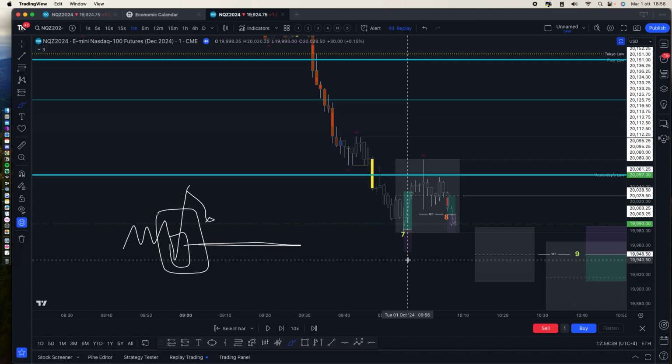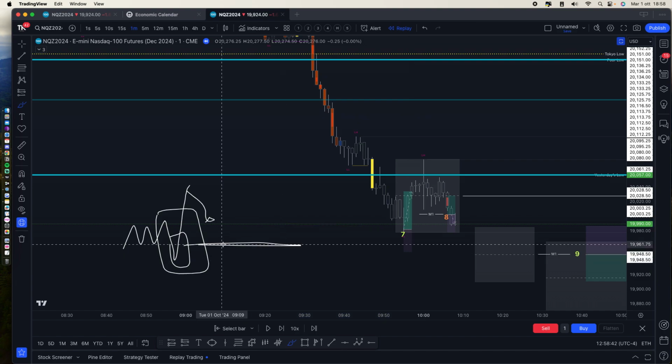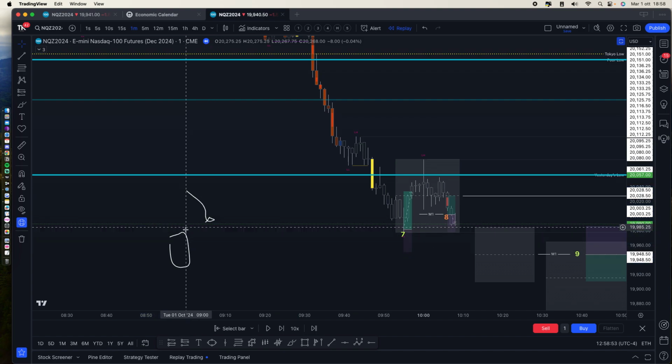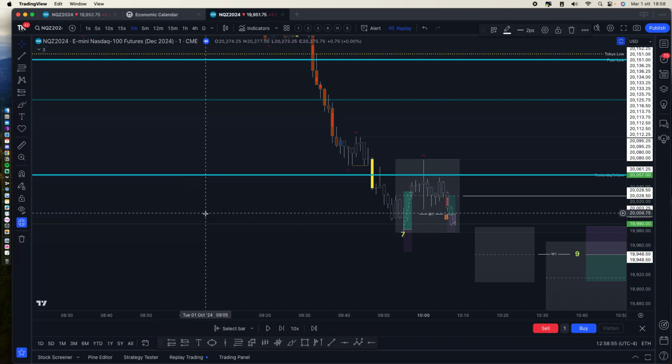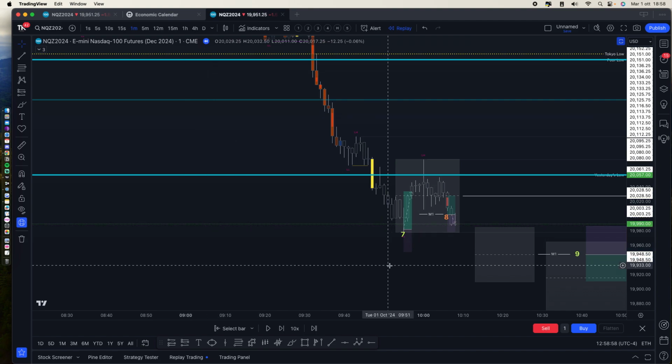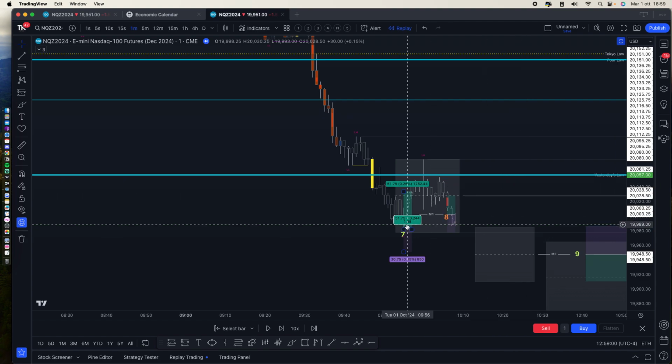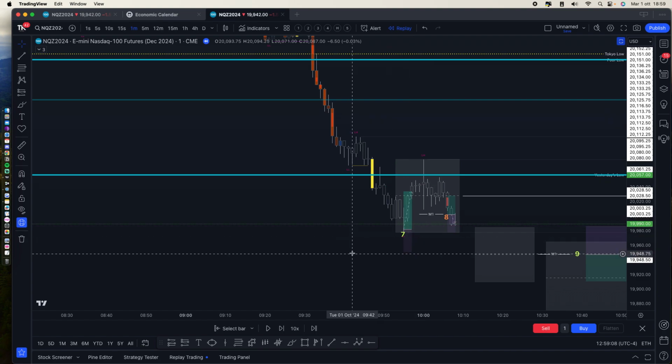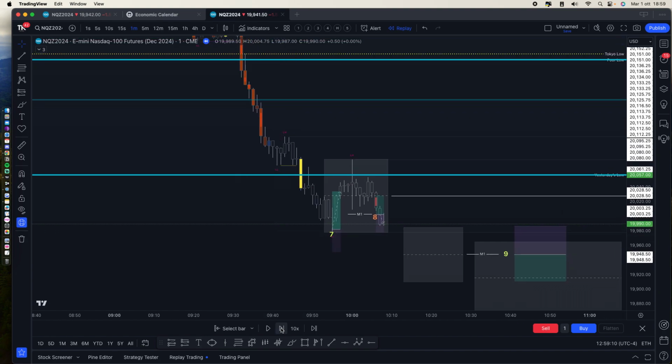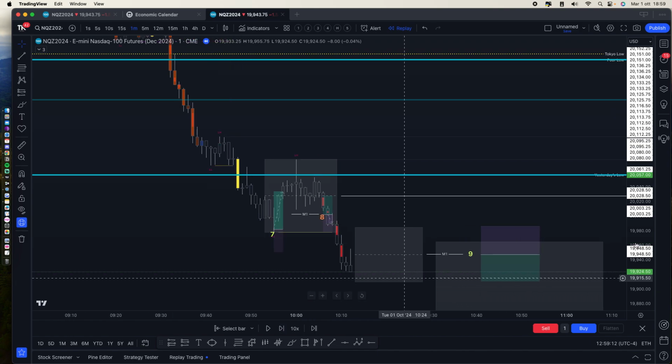Okay, so I already highlighted these levels also for the next 2, 3, 4 sessions. They are usually levels in which price reacts very well. Okay, and it was a high win rate trade because we have 1.7 more or less. Okay, then we made